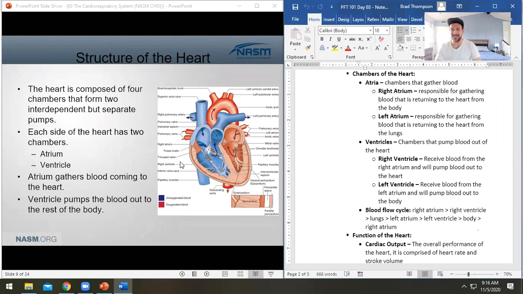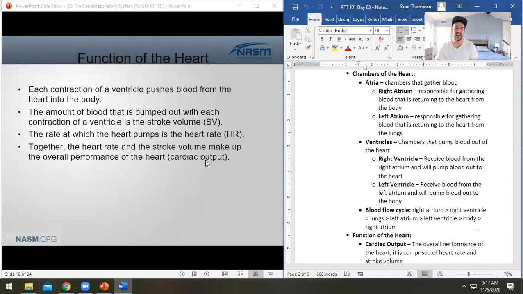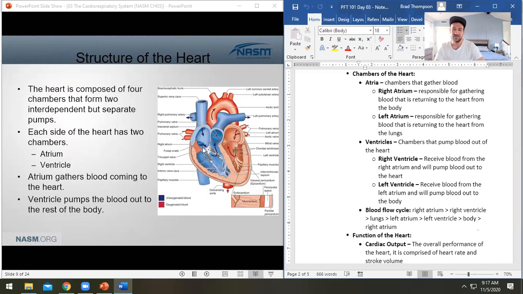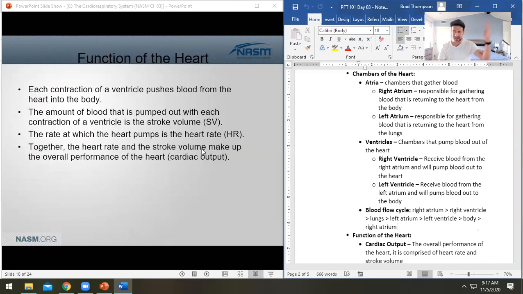I shared with you how I got so confused in college. I literally had the heart backwards for almost a whole semester. I just missed it. I remember being confused for weeks and just being like, man, he keeps saying the wrong side of the heart. And I was so arrogant. Like, my teacher just keeps being wrong. He's looking at the heart. I mean, that's my left. This is my right. Anyway,